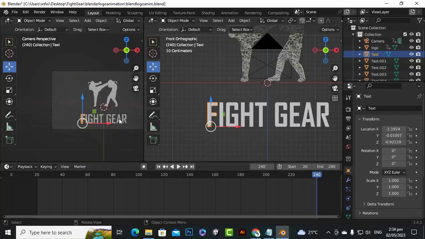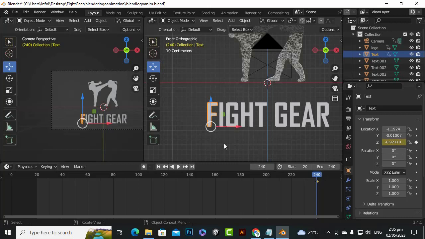Also you can see it here in this camera view as well. So what we will do, we will just record the z-axis position. So let's click here on the z location, and now the keyframe is added on the z position,